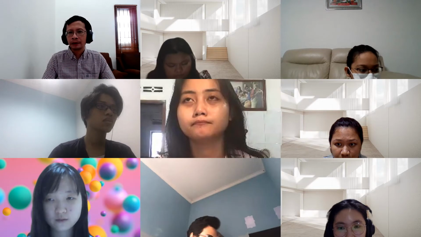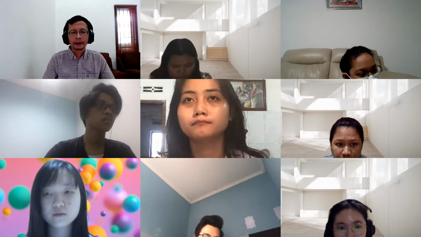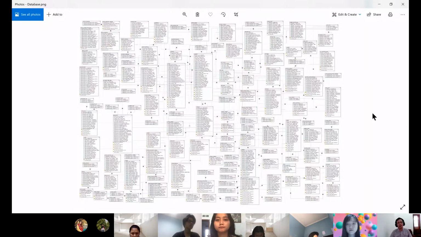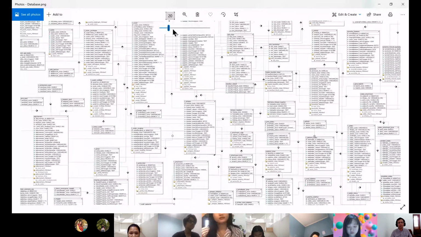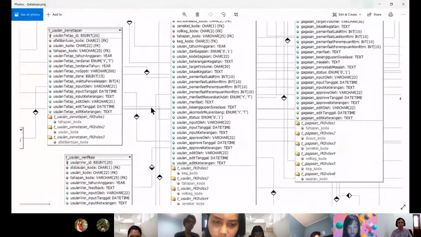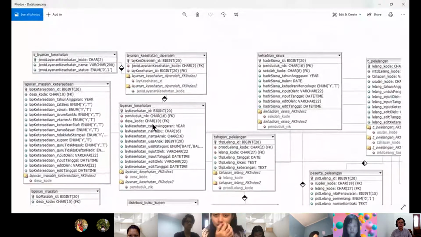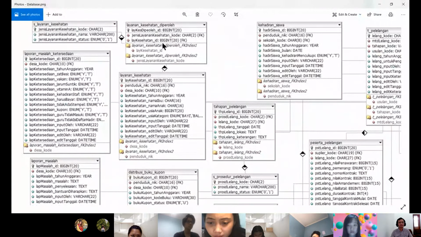Okay. So let me share this picture. This is the data model for the PNPM project. Okay, let me see if I can make it bigger. So if you can see, let's take this one as an example.